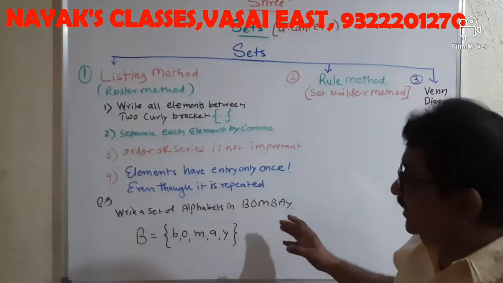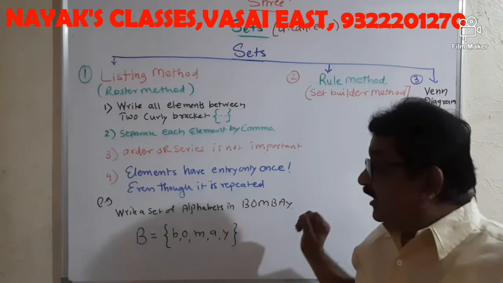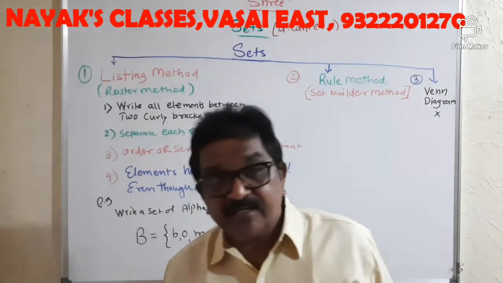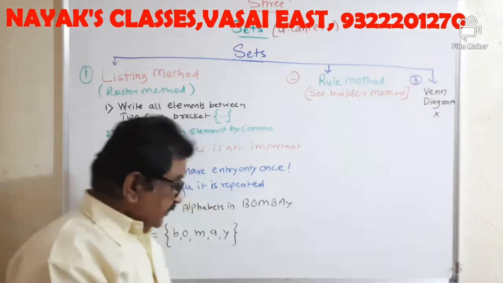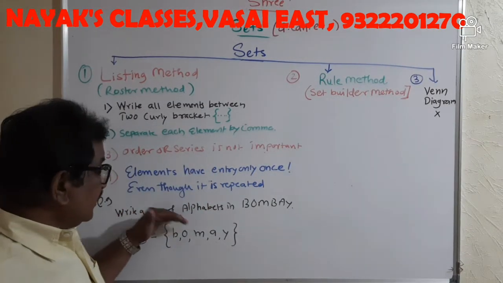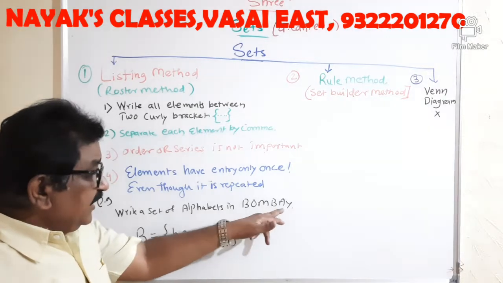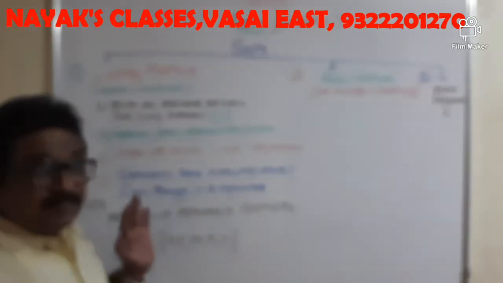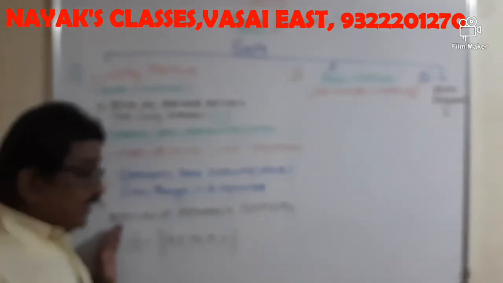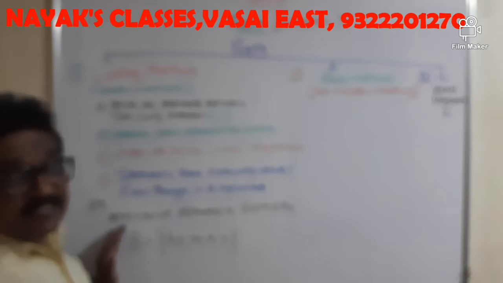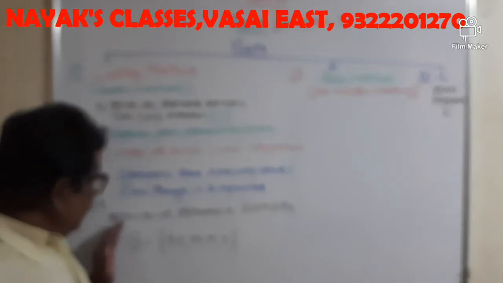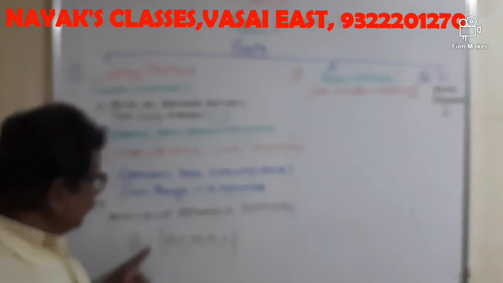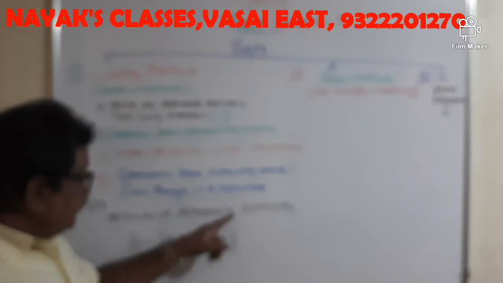And last is the example. Write a set of alphabets in Bombay. So the alphabets are B, O, M, B, A, Y. The name of the set is a capital letter, as we have written in the previous video. Name it B. B is a set of alphabets B,